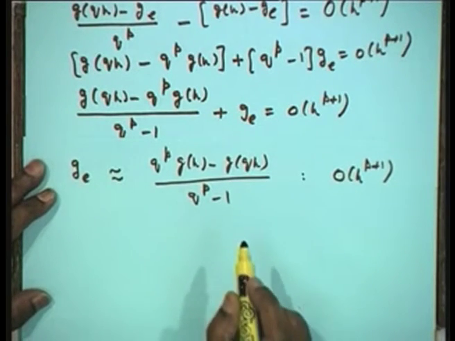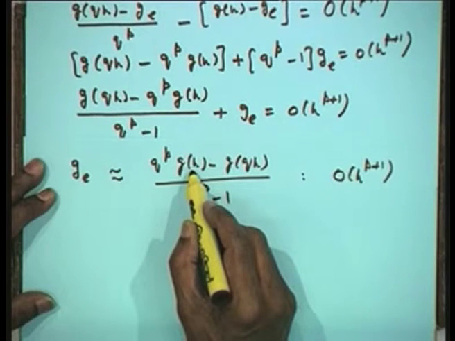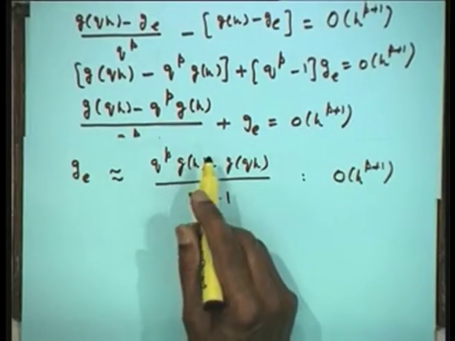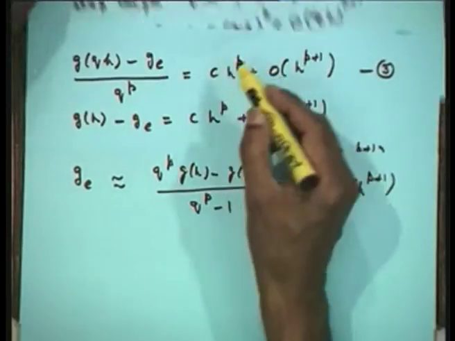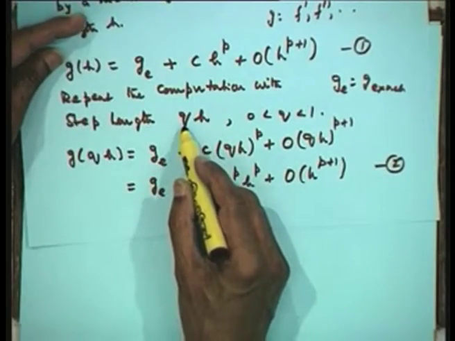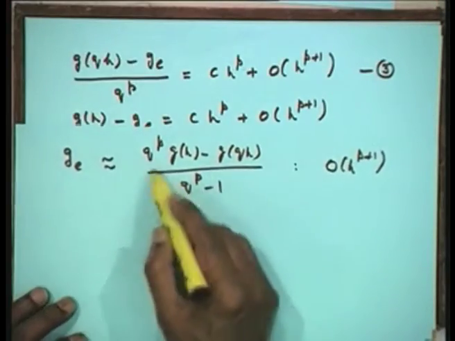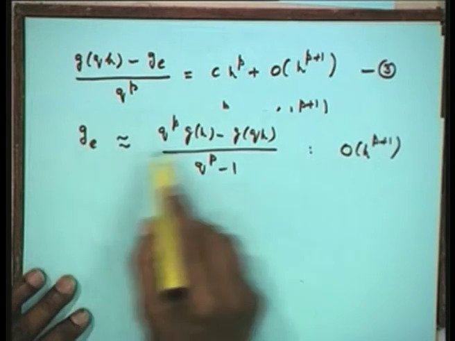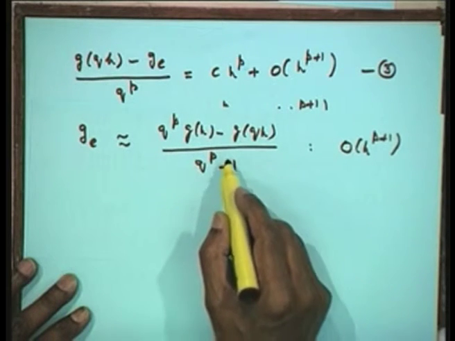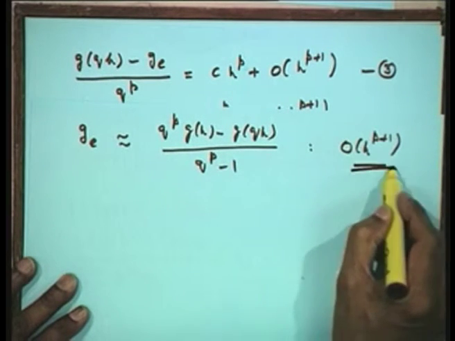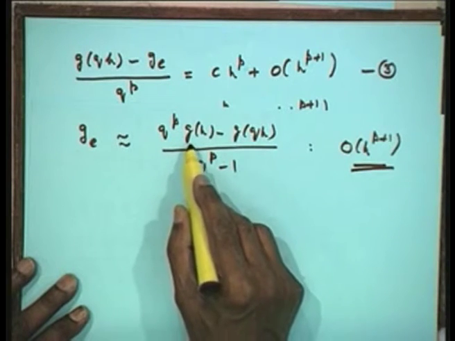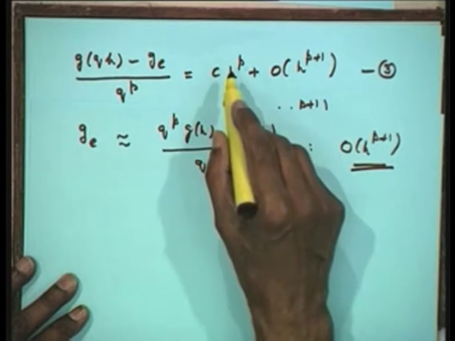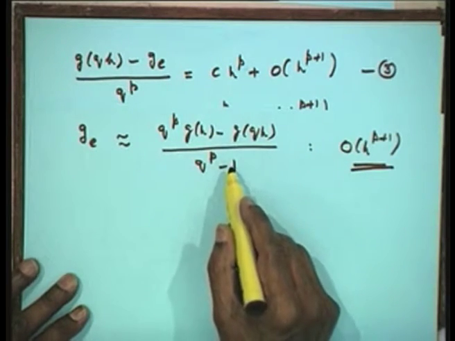Now, you see the interesting thing, G of h is the computed result, G of q h is also a computed result, q is the number that we already know, q is the number by which we have reduced the step length, that is q into h. So, q is also a known quantity. So, all the quantities here are completely known. Now, I have got the new approximation for the G exact as this particular quantity, and what is the order of the method? The order of the method is p plus 1. Therefore, I have manipulated two computed results to get a result which is one order higher than the previous one. So, it behaves as if we have obtained the higher order method.